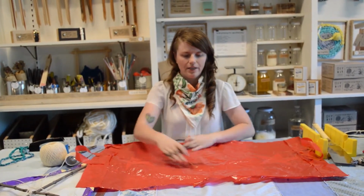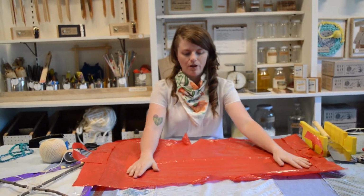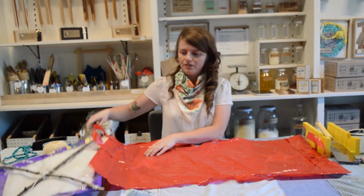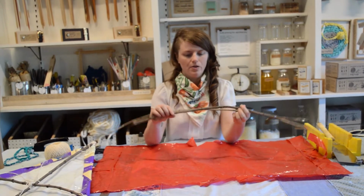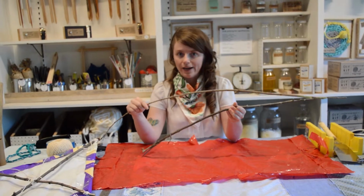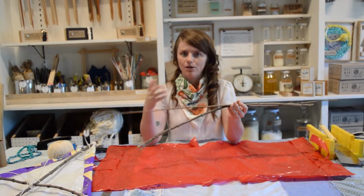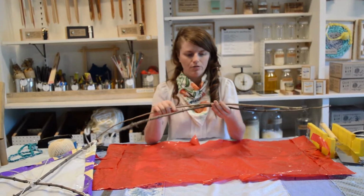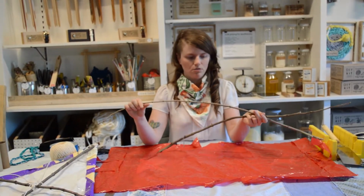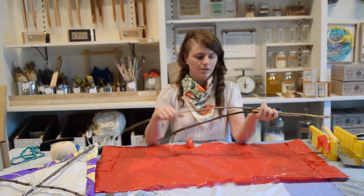Alright, so now I have this laid out, I can really see how big of a kite I could make. So I'm going to lay this as nice and flat as possible. And then I grabbed a couple of sticks from our yard out back. You could also use dowel rods, but sticks are pretty handy and they're already in your backyard. Just make sure you choose some that are dead or fallen so that they're a little bit more lightweight. Green ones are going to have a little bit more moisture to them. The ones that I have here are actually honeysuckle, which is great. It's really nice and strong and it's an invasive species, so it's good to get rid of it and